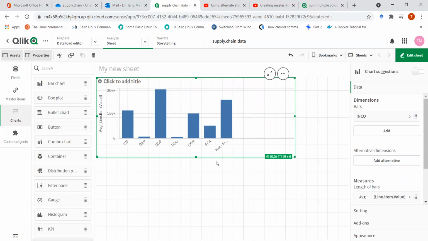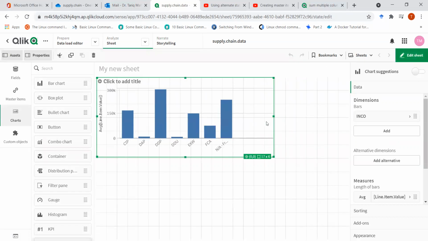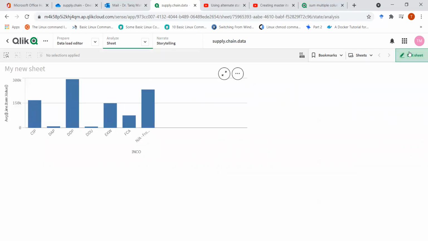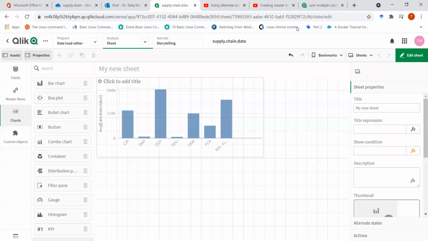Now, what we see here is that the options of the chart are being displayed on the right-hand side. If I want to see that on the dashboard view, then I just click on this edit sheet, deselect that, and now I can see how it's going to be looking on the dashboard. So it's pretty long here. So I need to just minimize that, like here, for example, and then I can see. So we can adjust this later on. In any case, we will see some of the options that we have here regarding the bar chart.